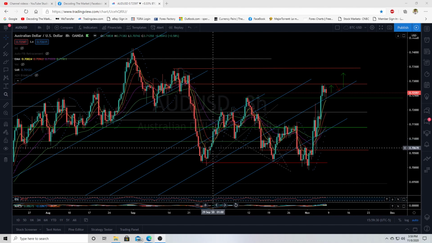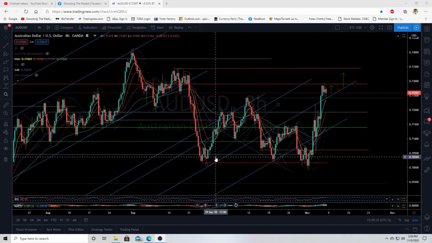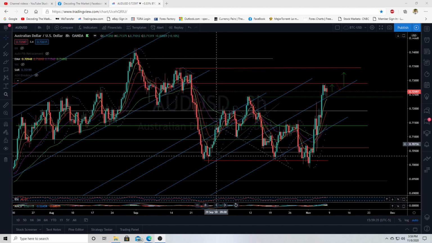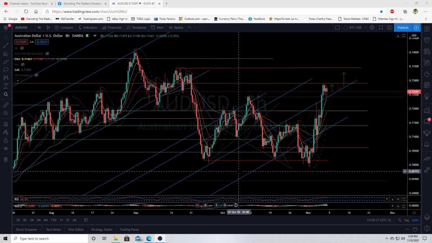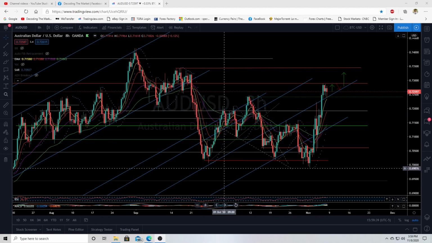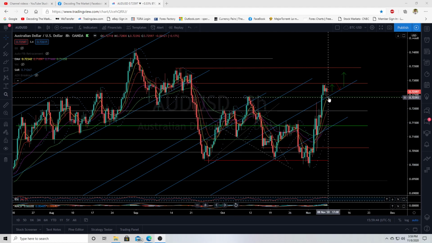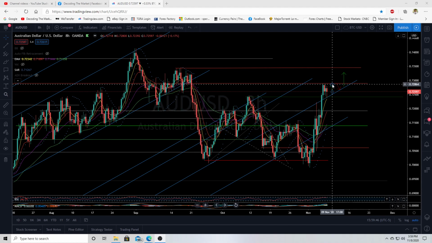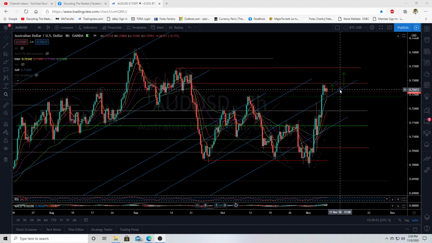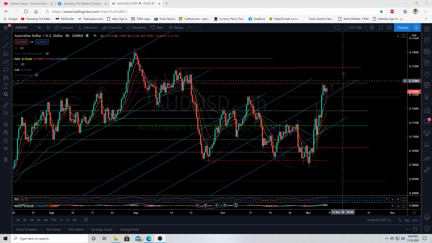Sharing more information about the Australian dollar, US dollar. I can see a good opportunity here to make a trade for these coming days. If the price touches this level and resistance, price may come back to this trend line and test this price, and then if the price closes above this trend line, price may go up and you can take your profit